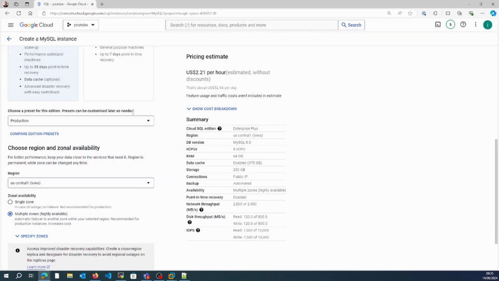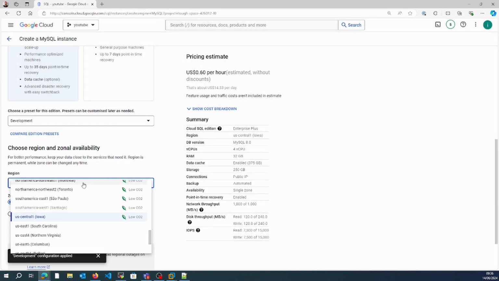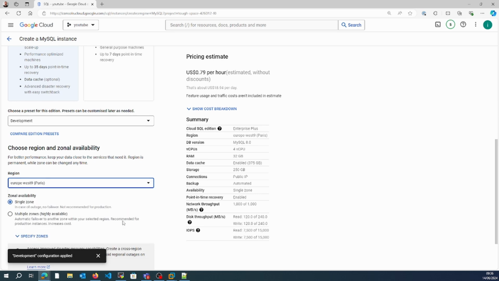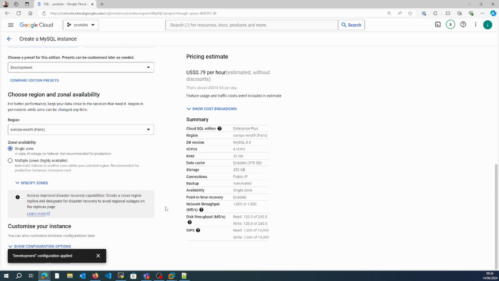here. I'm just going to keep it development right now, and I'm going to use region Paris. So I'll give a single zone, not a multi-zone. And later we'll see the detailed configuration. Show other options like